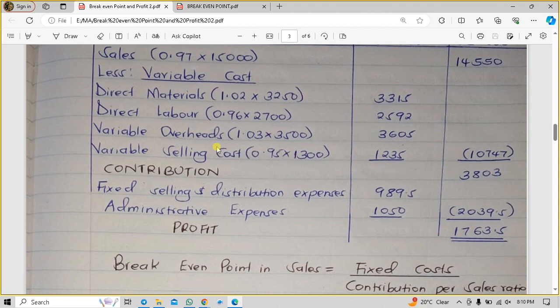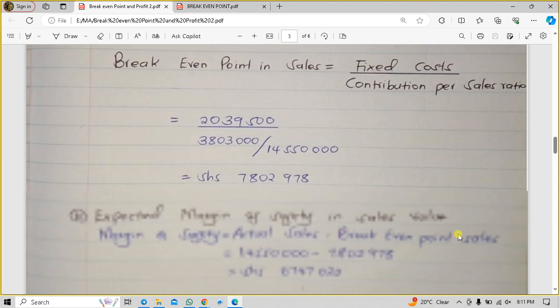This is the contribution. And then the total fixed cost in here is 2039.5. So if you use that formula, you're supposed to get those answers. So if you have understood that concept,